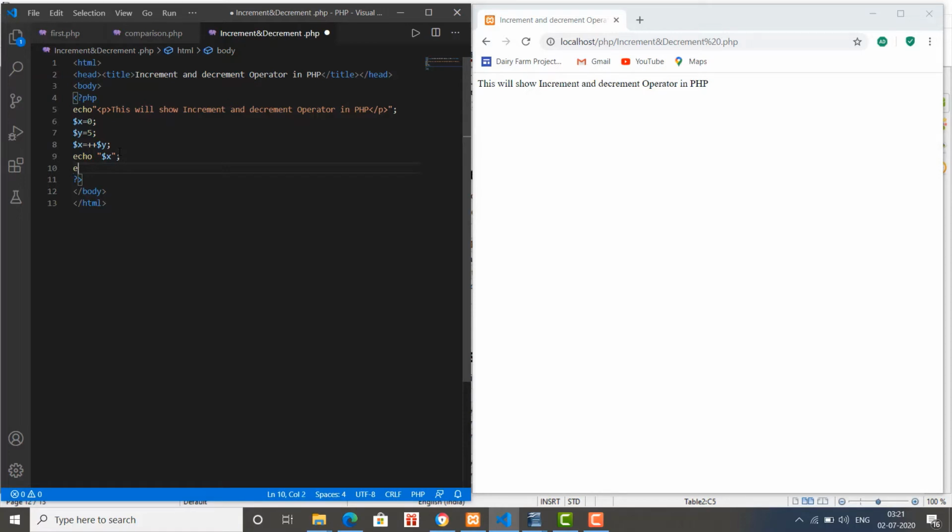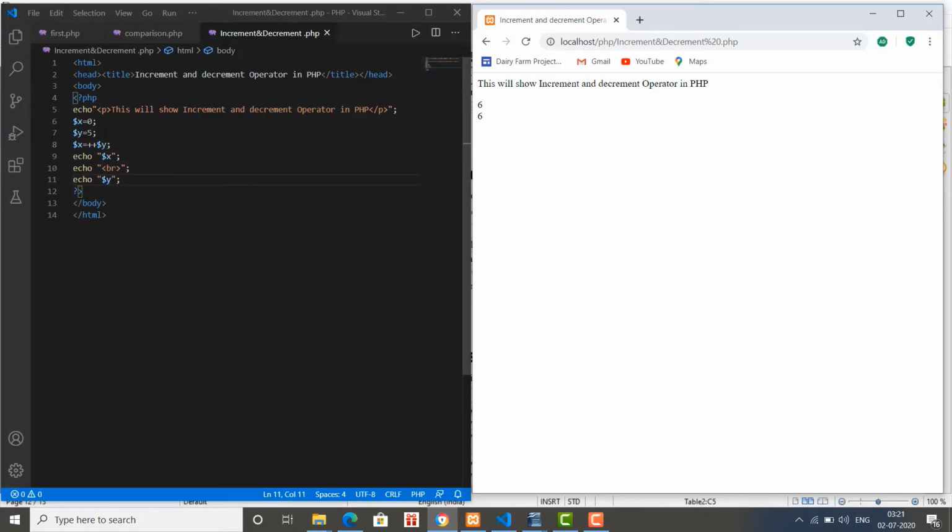Then we are using echo to break off the line, and for this I'm using the br element of HTML and a semicolon to terminate the statement. Then we use echo to display the value of variable y here, and save the changes. In the browser we refresh.